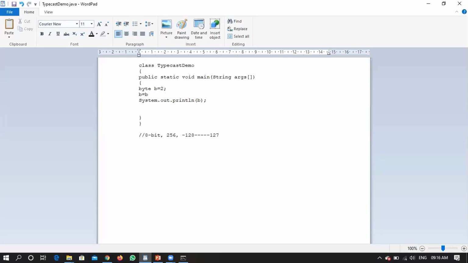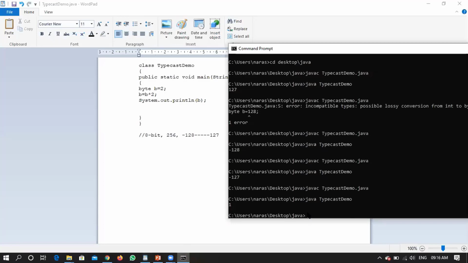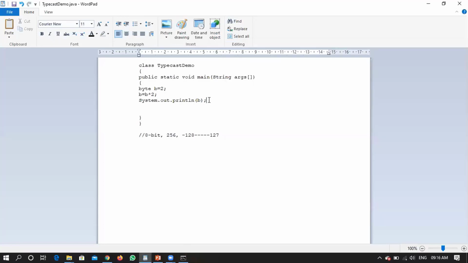I will perform b into 2. What will be the output of this one? Keep in mind what your expectation is, and let us compile and check.